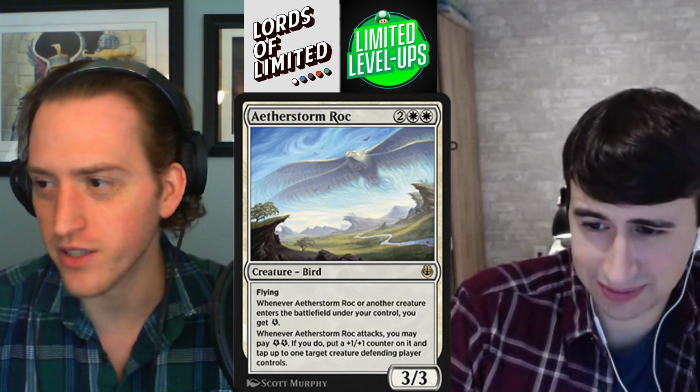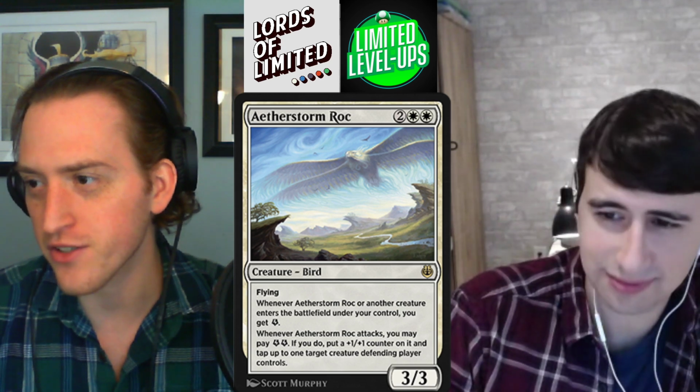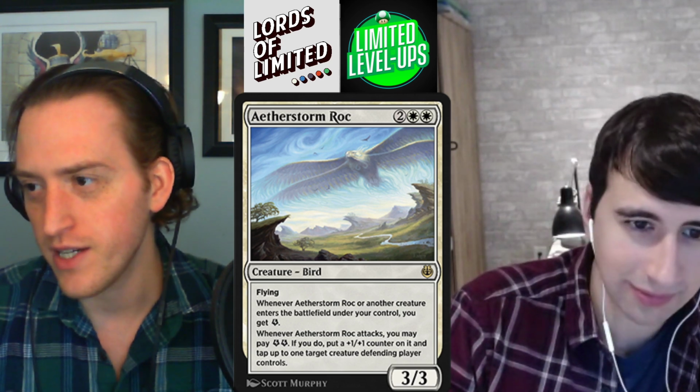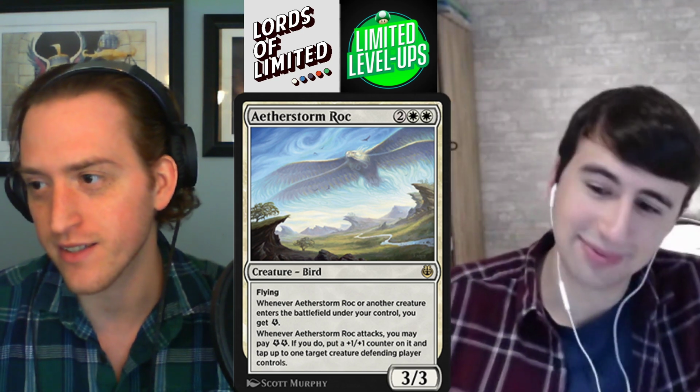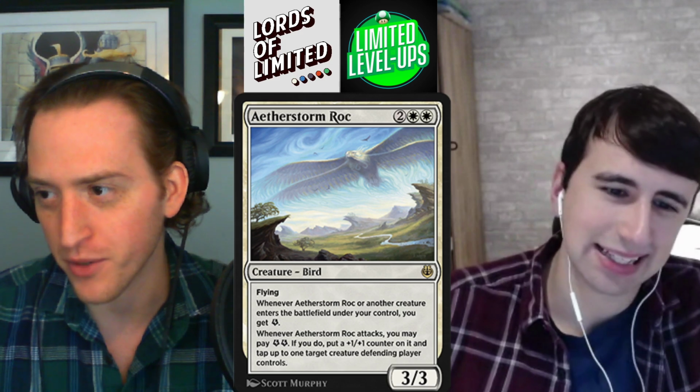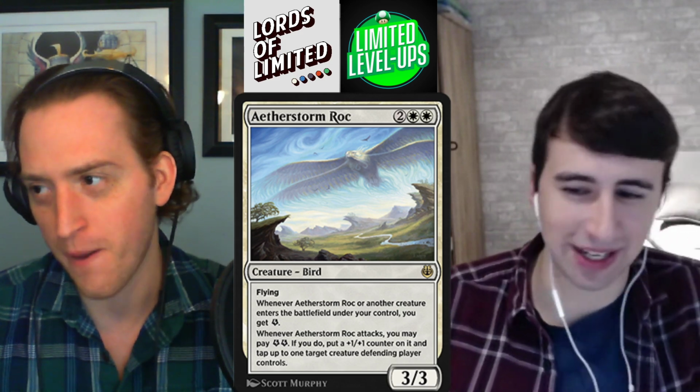Etherstorm Rock. Oof. 2 white for a 3/3 flyer. When it or another creature enters the battlefield under your control, you get an energy. And when it attacks, you can pay 2 energy. And if you do, you put a +1/+1 counter on it and tap up to 1 target creature defending player controls. Yeah, I remember this one being more in the...